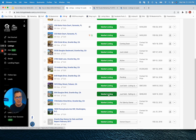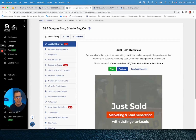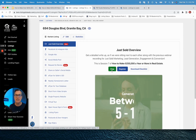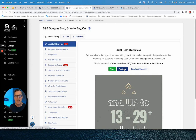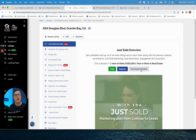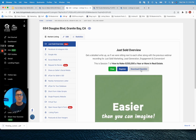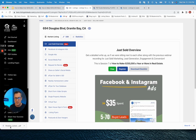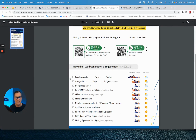for the appropriate listing. So I'll say here, my just sold where I was a selling agent. So my buyer bought it. So I click on market listing. You can see here, I got the view. So that's the detailed write-up with the recorded webinar. I can register for the next class, or I can download that checklist. And again, I always recommend download that checklist because again, it really serves as a great reminder for us, something that's again tangible that can sit on our table, sit on our desk,